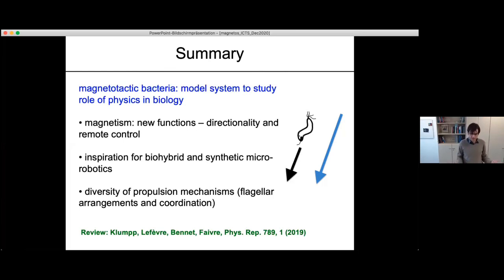One important aspect that's not mentioned on the slide, but that was kind of implicit in the whole talk, is that active motion, energy consuming behavior, is the key for everything of this to work, for the rotation of the flagellum, for the formation of these bands and so on. So that biological systems are active systems is one of the key properties that we need to consider here. And finally, if you want to read more about this, we have written a long review article last year here in Physics Reports, where you can read much more about magnetotactic bacteria and also a bit about the biohybrid and